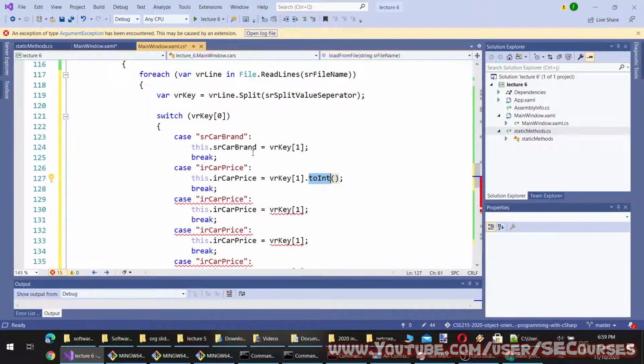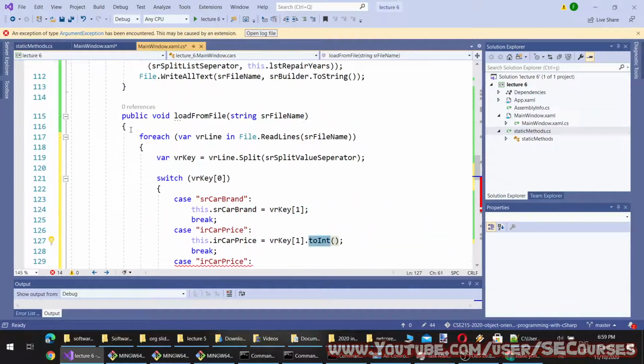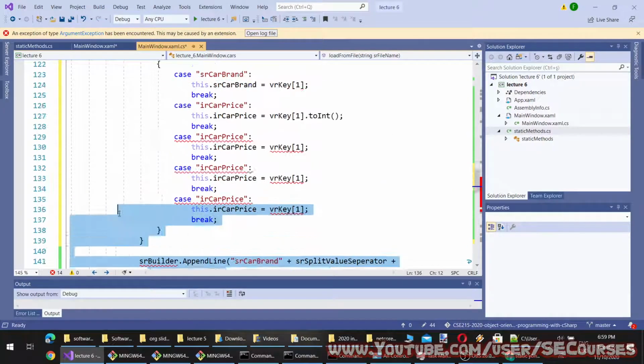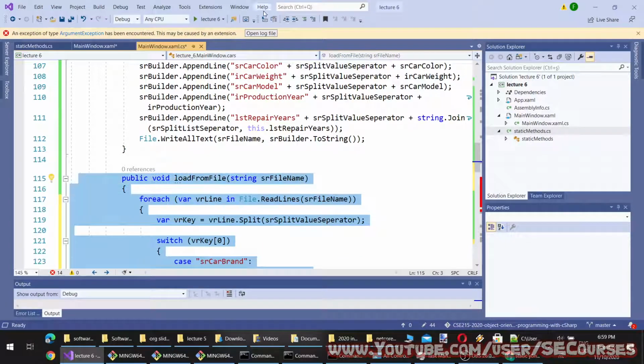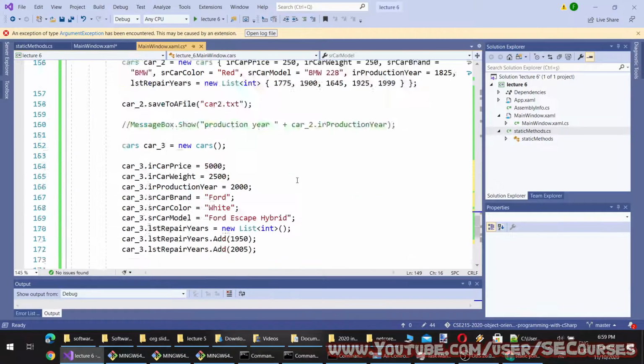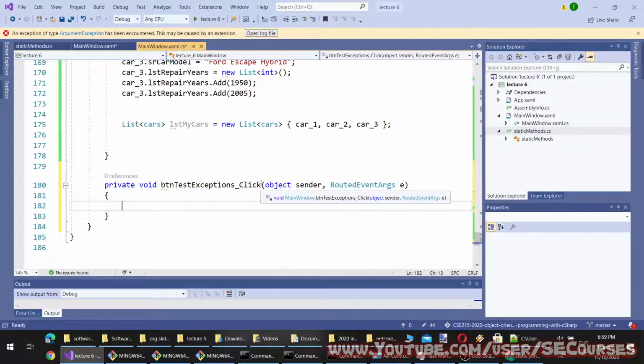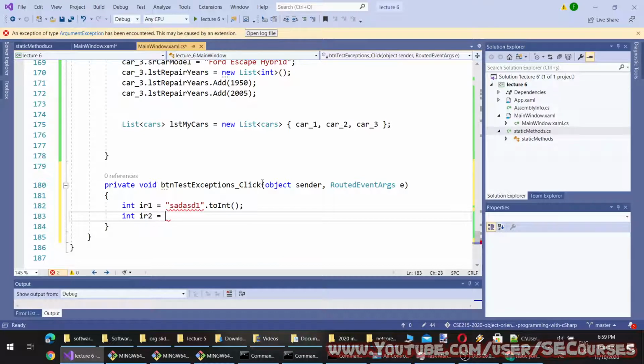It is composed at the back. For now, I am going to comment out this method so that I can run the application. And let's make it like this. Int er1 will be 1 to int. Then there will be int er2. It will be equal to 2 to int. Then there will be this er3. It will be like this.